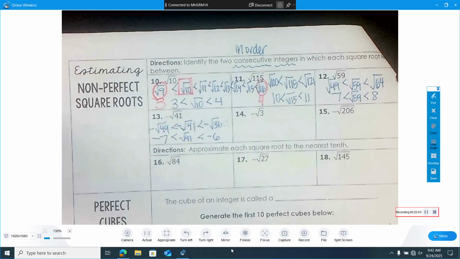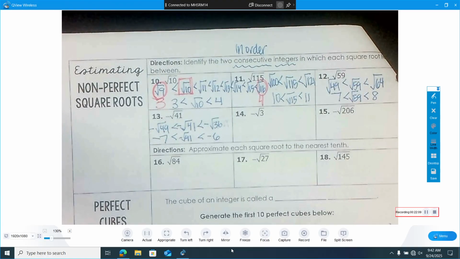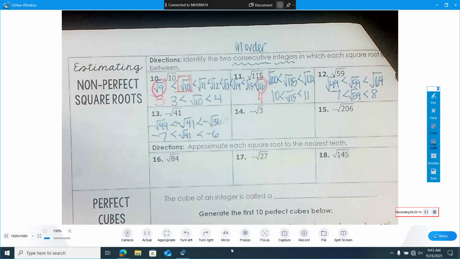Negatives, smaller things always have to go to the left, and negative 7 is smaller, so we want it on the left-hand side. That's tricky. All right, so it turns out that negative radical 41 would be between negative 7 and negative 6. Okay,